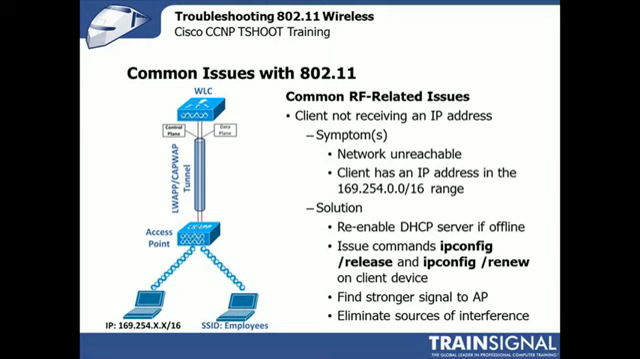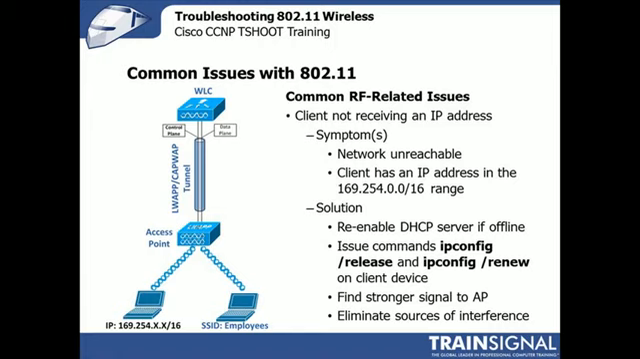The next problem you'll run into, and I can almost guarantee you when you're actually using wireless, you're going to run into this at one point or another: you're not getting an IP address. One way to tell if this is the case is, number one, the network's unreachable. It says there's no network access or internet access or both. And your client is getting an IP address in the